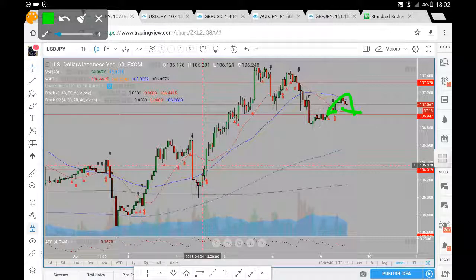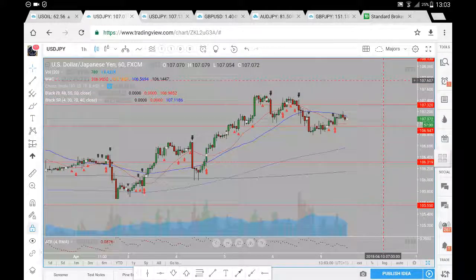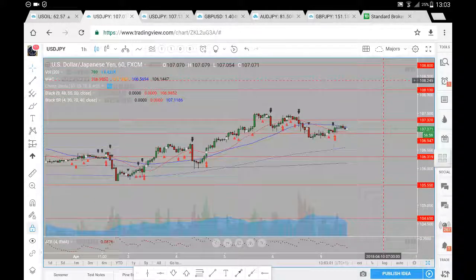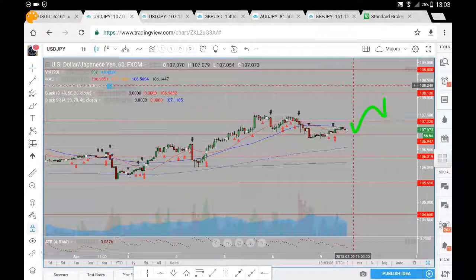So overall trend here has been clearly to the upside more recently. We'll see if we do come back down for a retest of the 106.94. If we do hold support for a move back up towards that 107.32, possibly up towards that 107.50. If however we do see that move above the 107.32 level we are looking at here to the upside, if we do see the bullish buy side momentum continuation beyond the 107.32, will be a move up towards that 108.13,